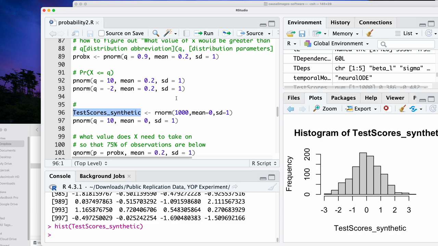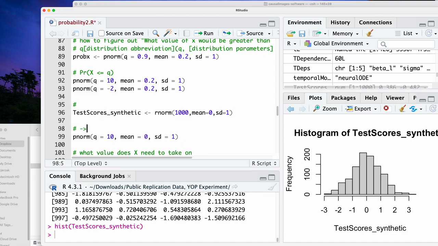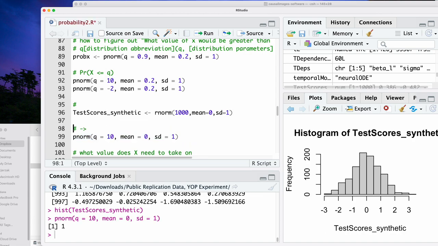And in the context of the test score, we might want to know, my test score was a 2. What percentage of students am I above? Am I scoring above 10% of students? Or am I scoring above 90% of students? That question can be answered using a qnorm function. The qnorm function answers that very question. So in this case, this line 99 would basically say, what percentage of students am I scoring higher than